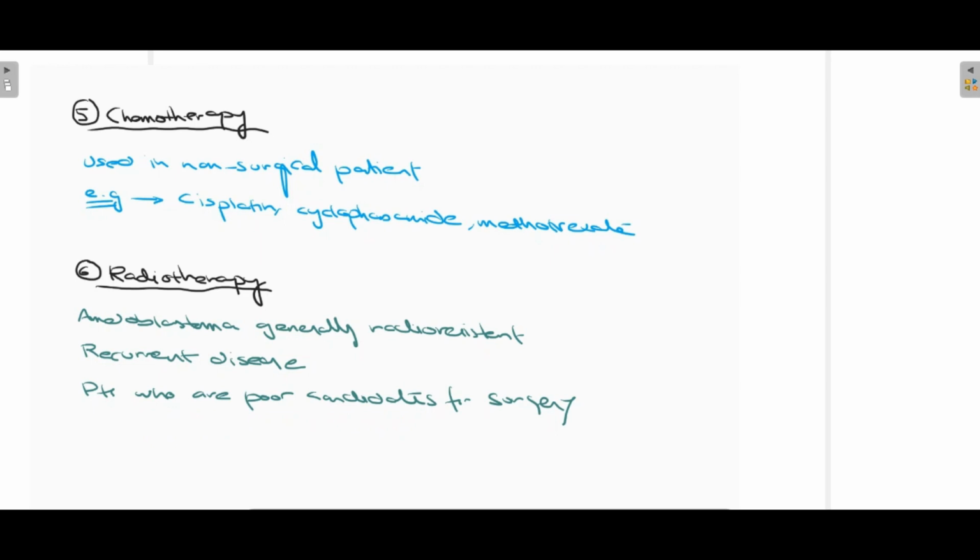So in this video we talked in detail about ameloblastoma, starting off with some basic facts, then moving on towards etiology, then clinical features of a patient suffering from ameloblastoma. Then we talked about histological variants of ameloblastoma and their specific identifying histological features. Then we talked about the radiographical features and additional investigations that can be used. We talked about differential diagnosis, and then finally we talked about treatment options that are available for a patient suffering from ameloblastoma.